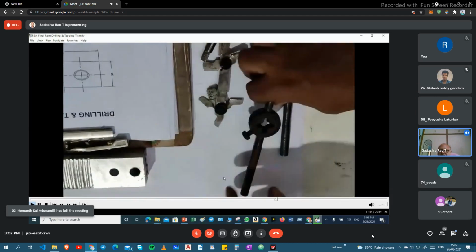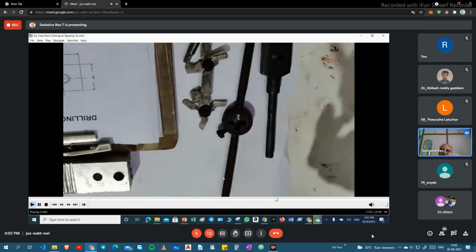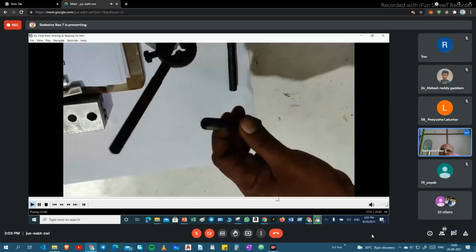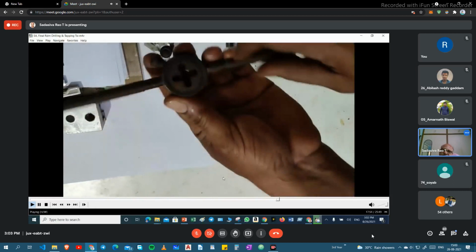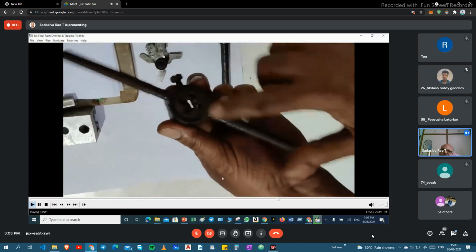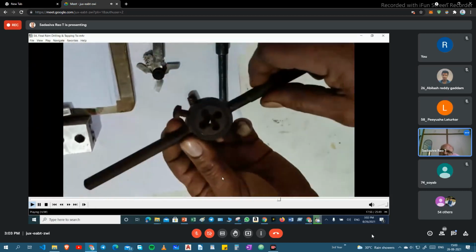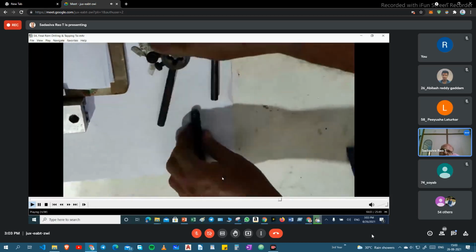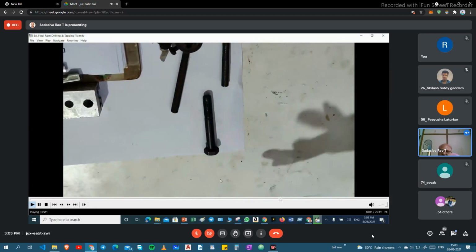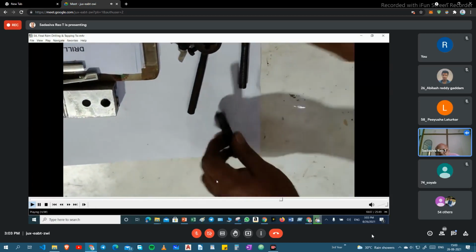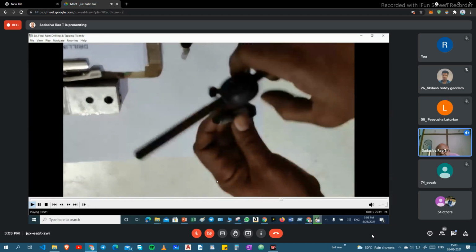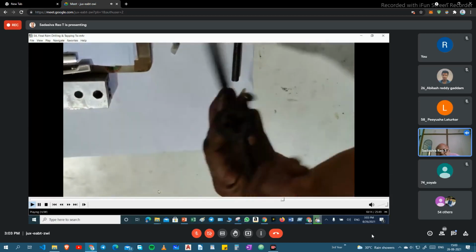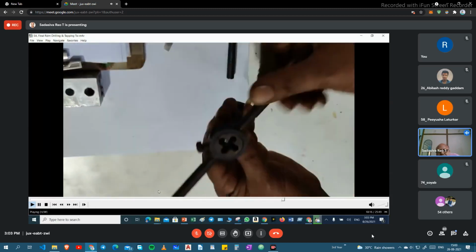Suppose you want to do external threading, that means a bolt, with tap and die. To prepare a bolt, we do the thread dyeing operation. This is the die. This whole part is called the die stock. In the die stock, we fix the die according to our sizes. Here also there are sizes like M6, M8, M10, M14. Just turn the diameter. After that, hold it in the vise, insert the die, and slowly rotate it forward and backward to form the threads.